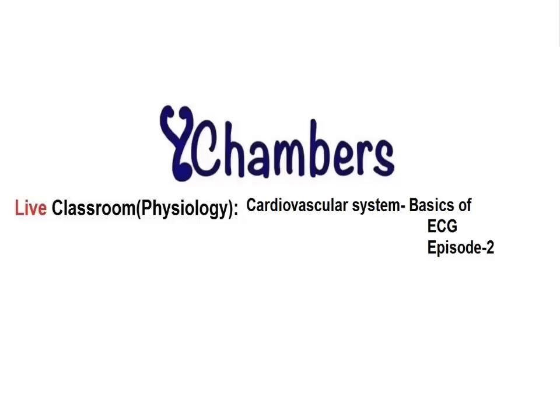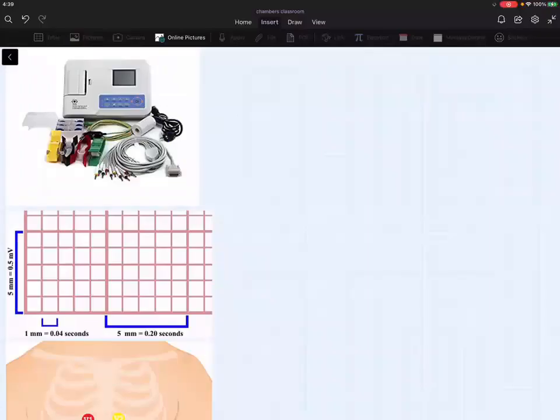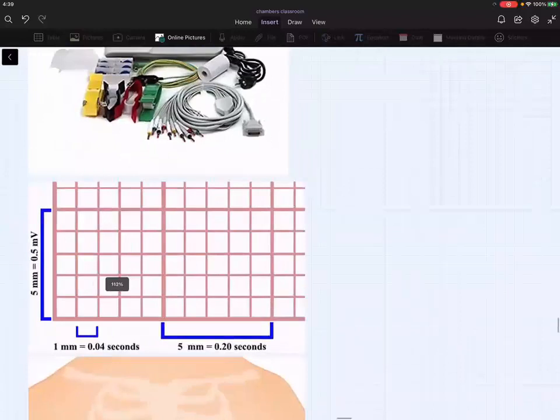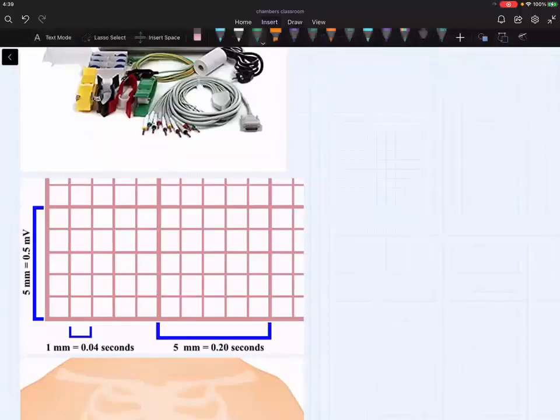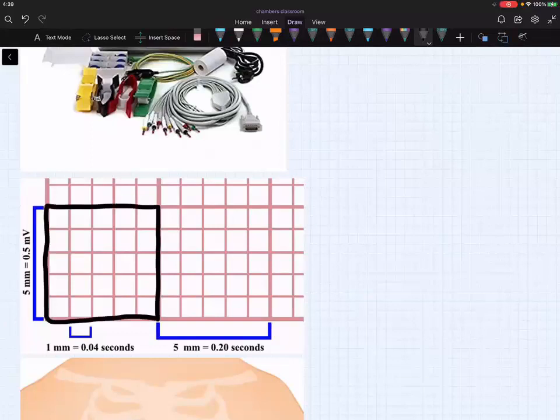So if we understand this box, suddenly there was an interruption last time. If we see this box, there are some small boxes and there's also one dark line. Can we see the dark line? Let me draw it with black. So this is a very big dark box, and this box contains many small boxes.